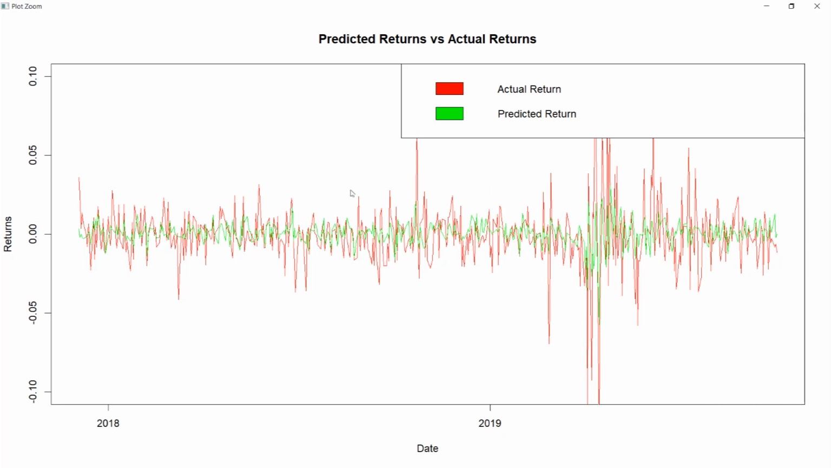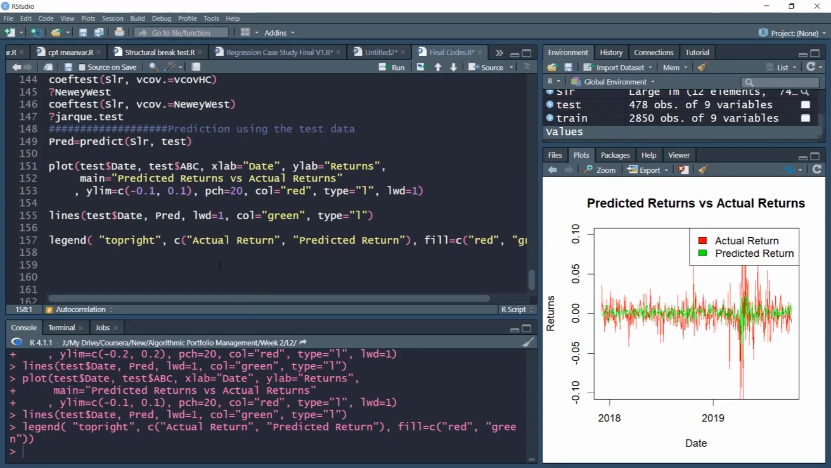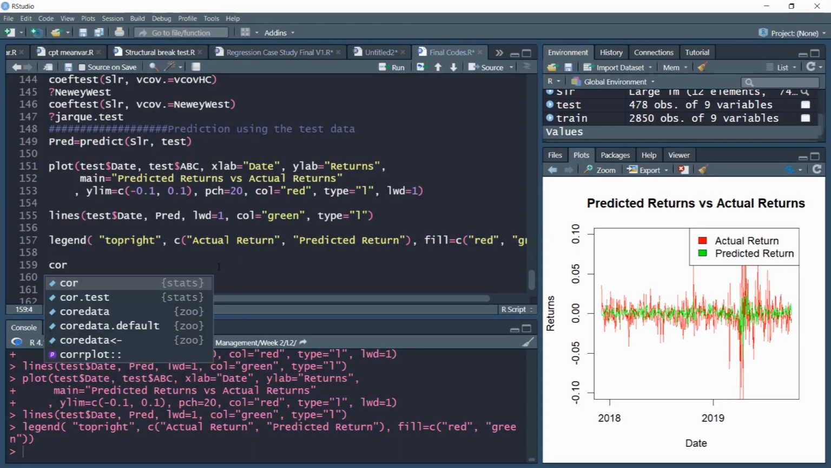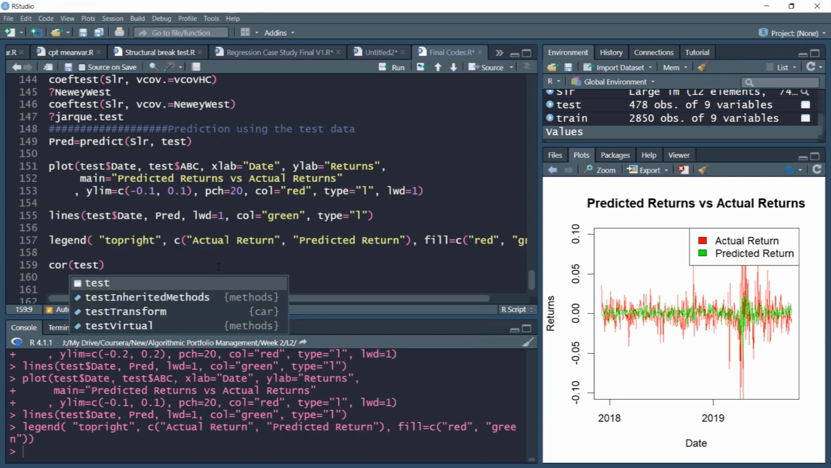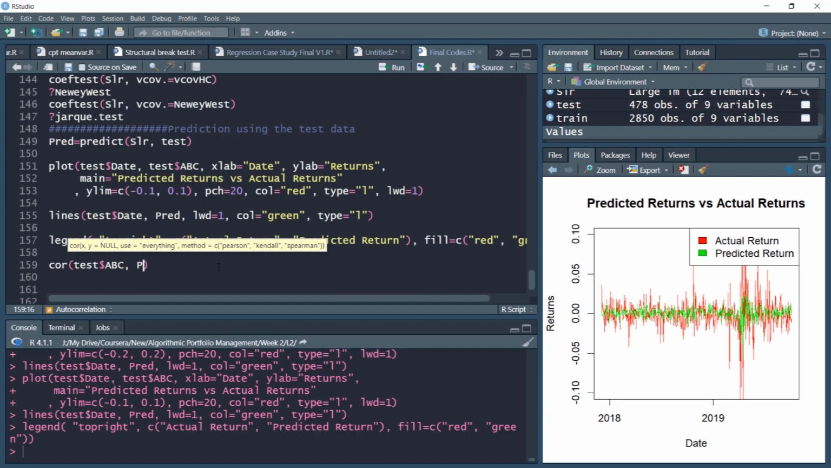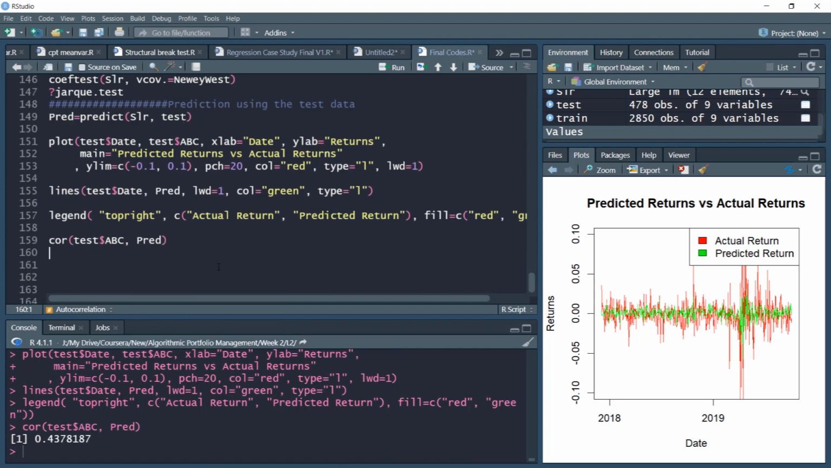However, we need more statistical evidence to conclude that, and for that we will use our correlation command. We'll use the cor command to test the correlation between our predicted returns and actual ABC returns. So this is actual ABC return and this is our pred object. Let's examine the correlation, and the correlation is reasonably high. So this is 0.43, that's almost 43.78%. So we are able to capture the dynamics of the ABC returns to the extent of 43.78% using our simple